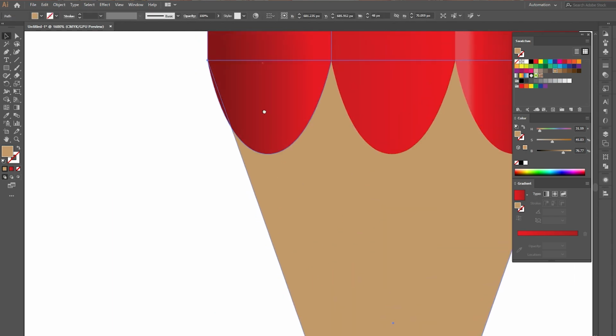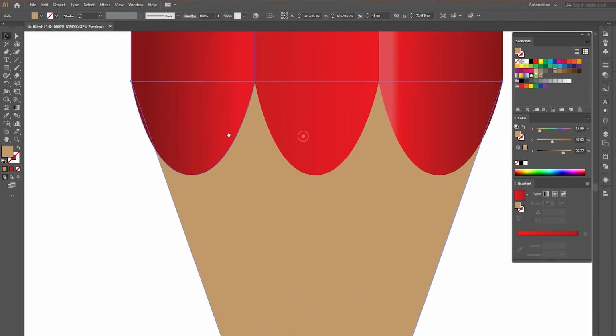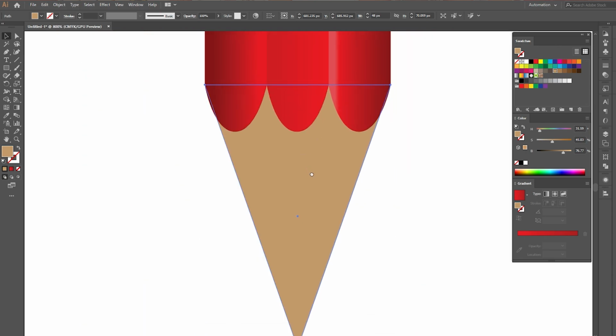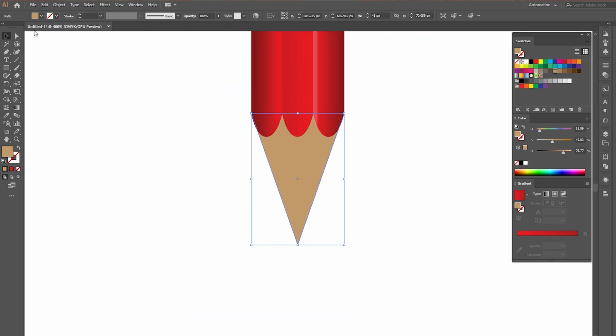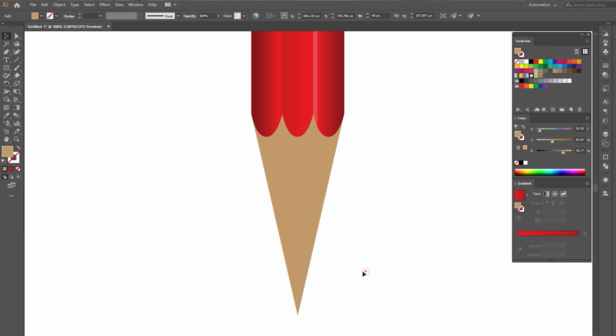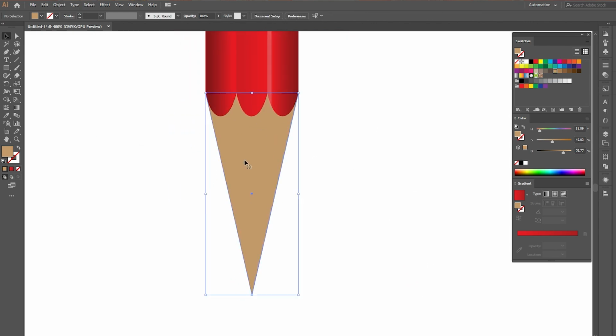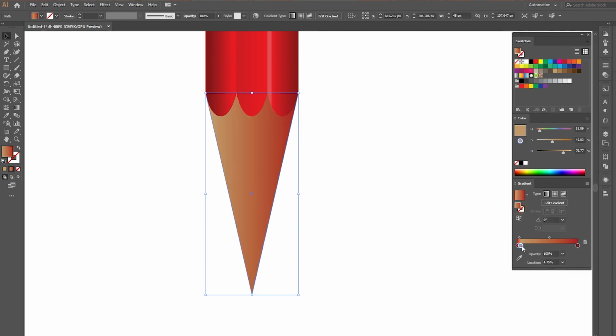Zooming in, I notice a minor issue where the wooden part is too far inside while the green part protrudes outwards. To rectify this, I extend the length of the wooden part by selecting the appropriate point with the Direct Selection tool and pulling it downwards while holding Shift. Now, inside the wooden part, I want to apply a gradient effect. I simply drag and drop the same color onto the gradient slider, and duplicate the brown color,